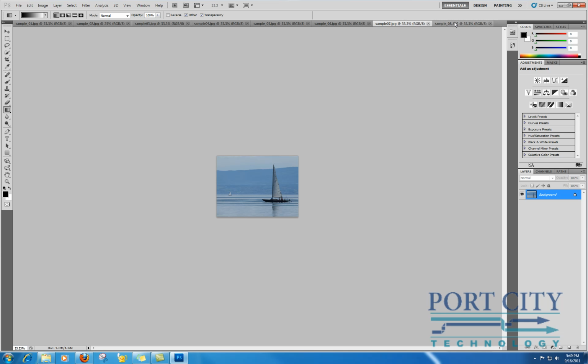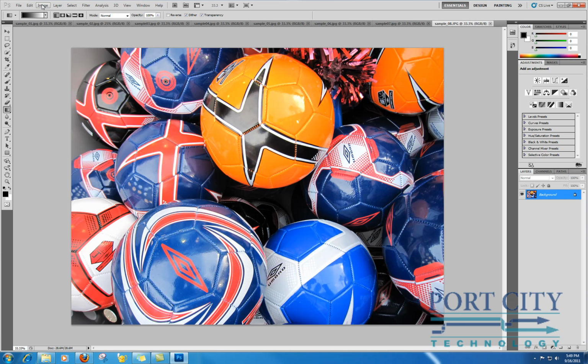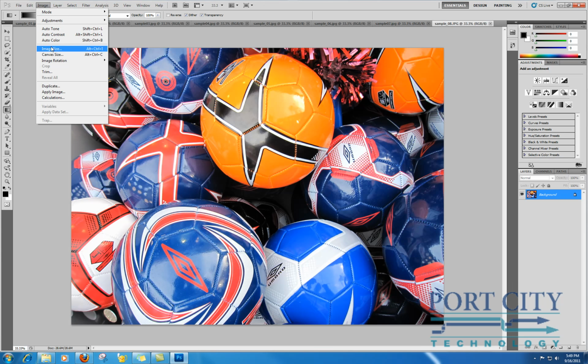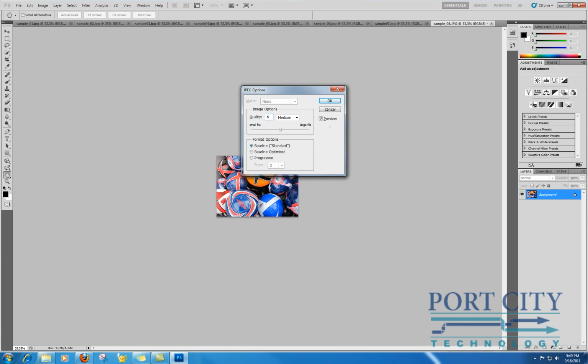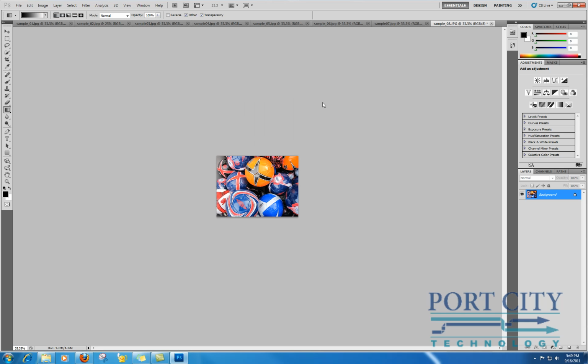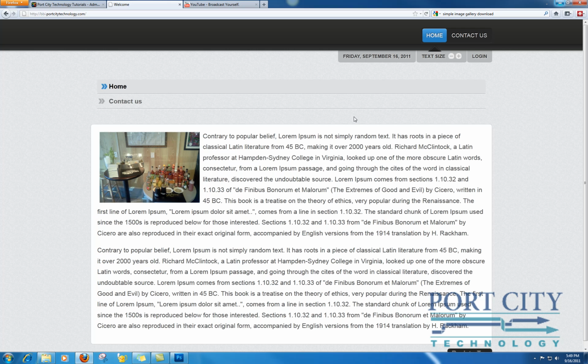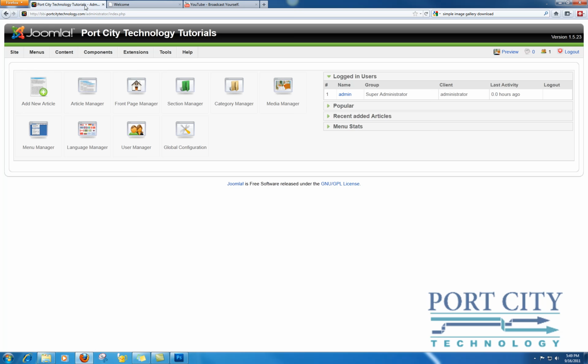So we've got resample, image size 800, and save at 6. Alright, so now we're done inside Photoshop, and I'm going to install a plugin so that we can